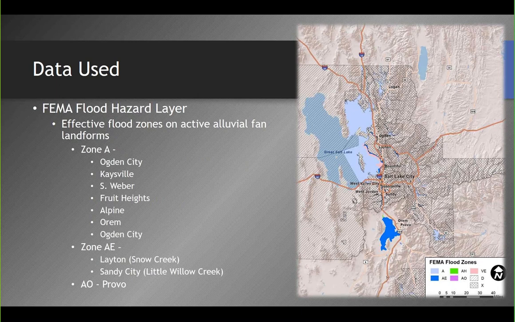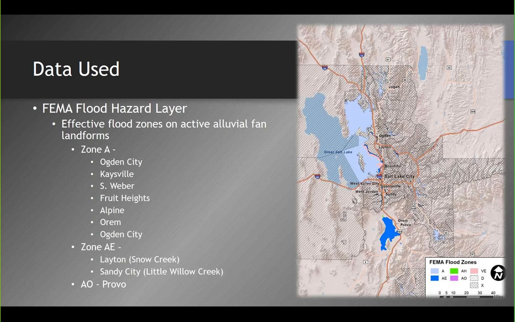Another data set we used was the FEMA flood hazard layer. We wanted to look at where there are existing effective FEMA floodplains that have been mapped on the maps. Mostly, we did this towards the tail end of the study, once we identified all the landforms, to see whether there were FEMA flood zones that were